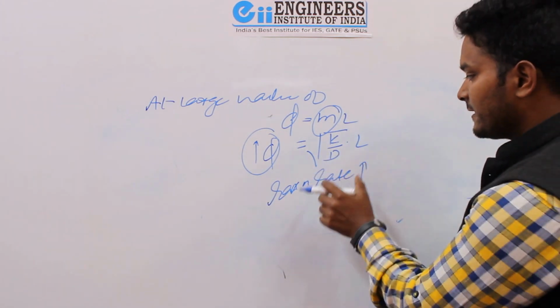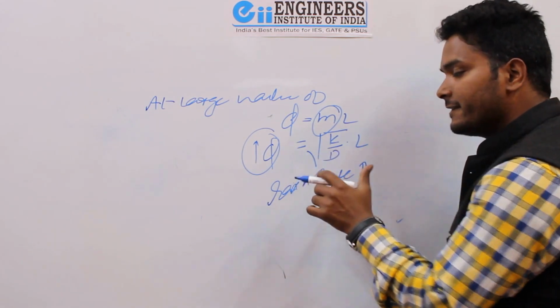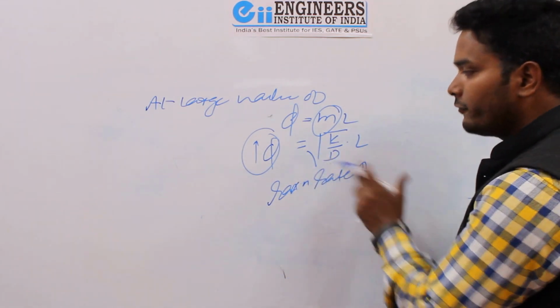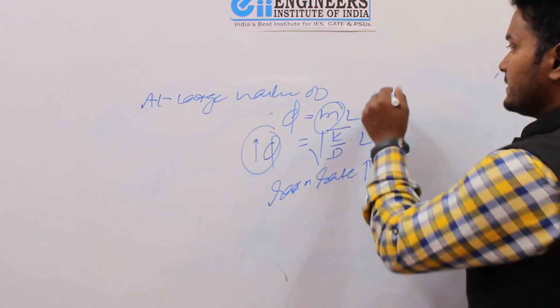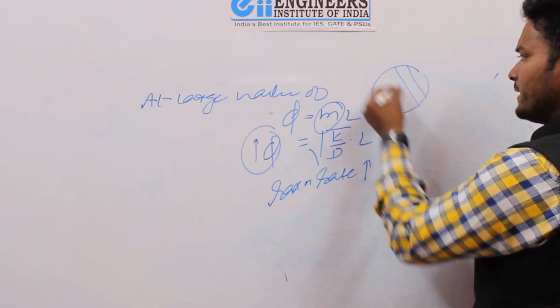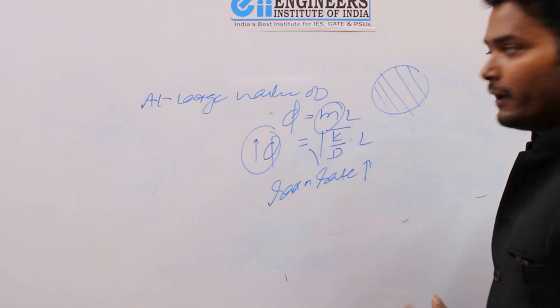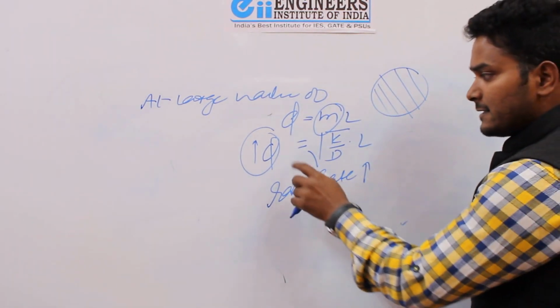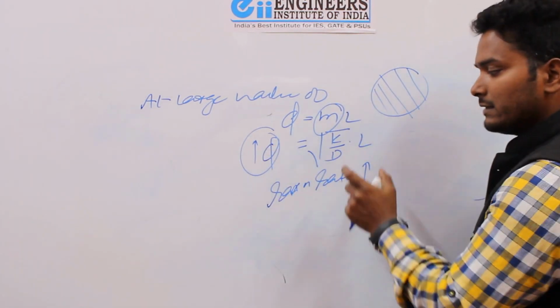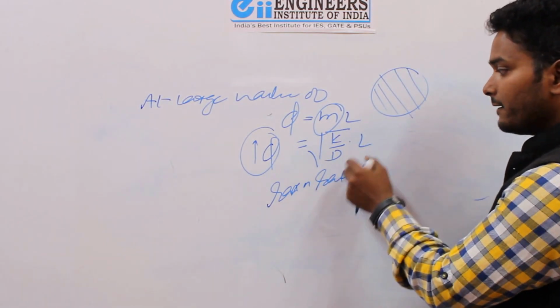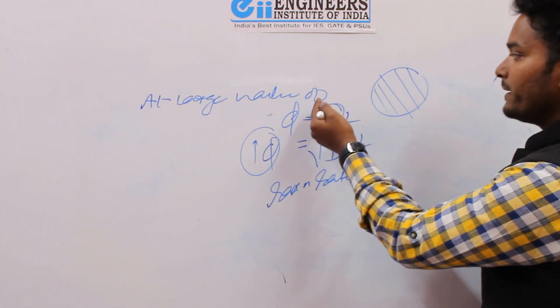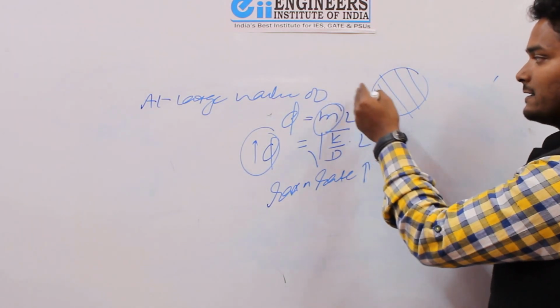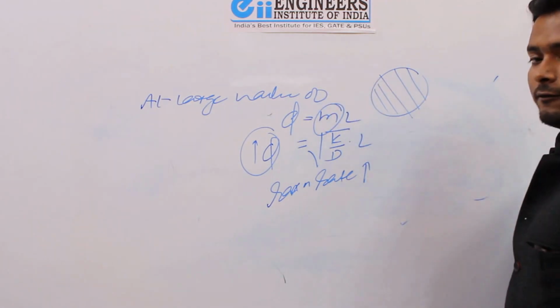Since the reaction rate is very large, one thing is clear: the reaction rate is very high in comparison to the diffusion rate. Now, suppose this is a pellet, and I am assuming that the pellet is a spherical pellet. And platinum is going to disperse. As you know, for a large value of Thiele modulus the reaction rate is very large, and in this case, as the platinum particle is going to disperse in the porous pellet, what will happen?